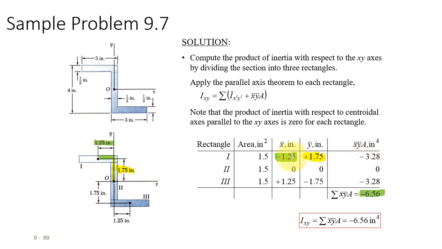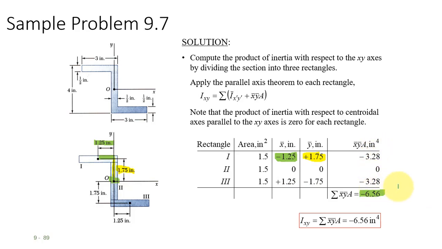So it's a little bit different: 1.5 times 1.25 times 1.75. We're doing that twice. And the central region already goes through the centroid, and so that ends up being 0. Remember, the product of inertia for a symmetrical object around its centroid is 0. So we just have that first and third block that contribute to the product of inertia, so you just add